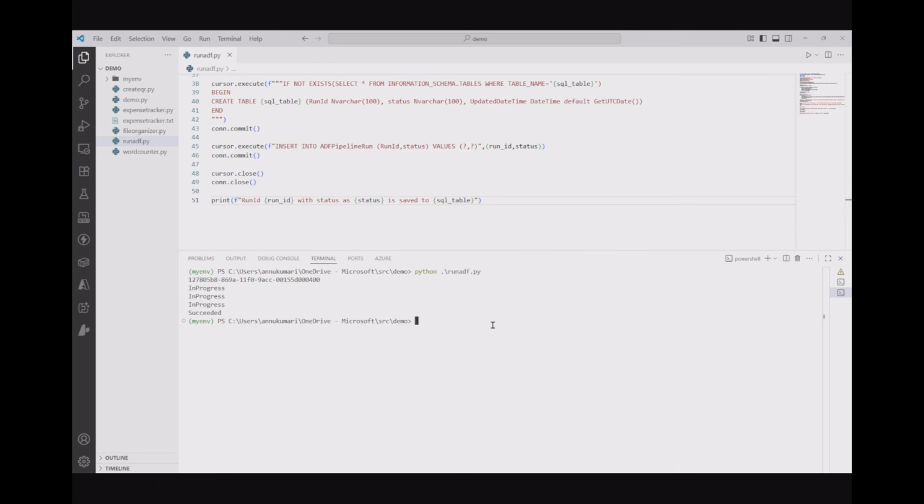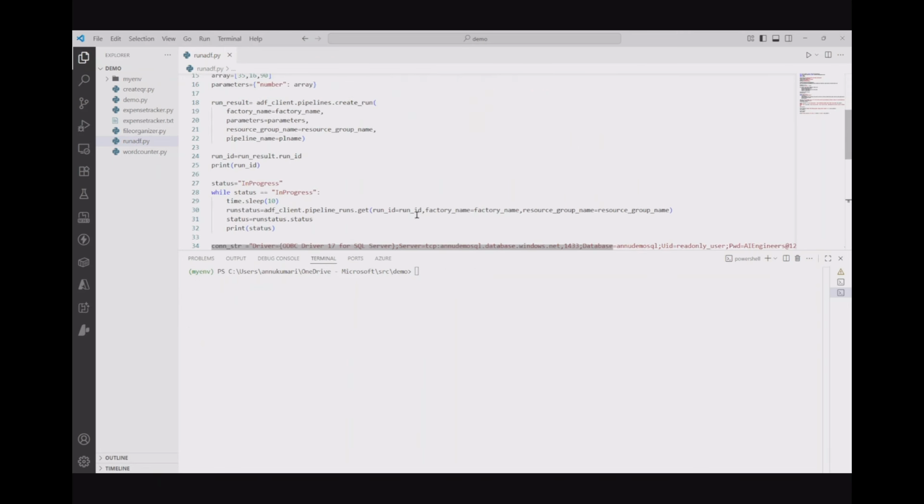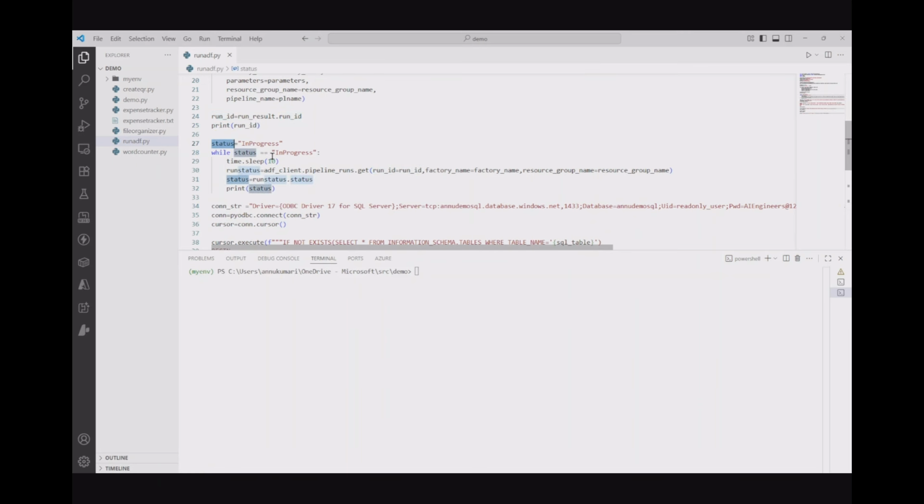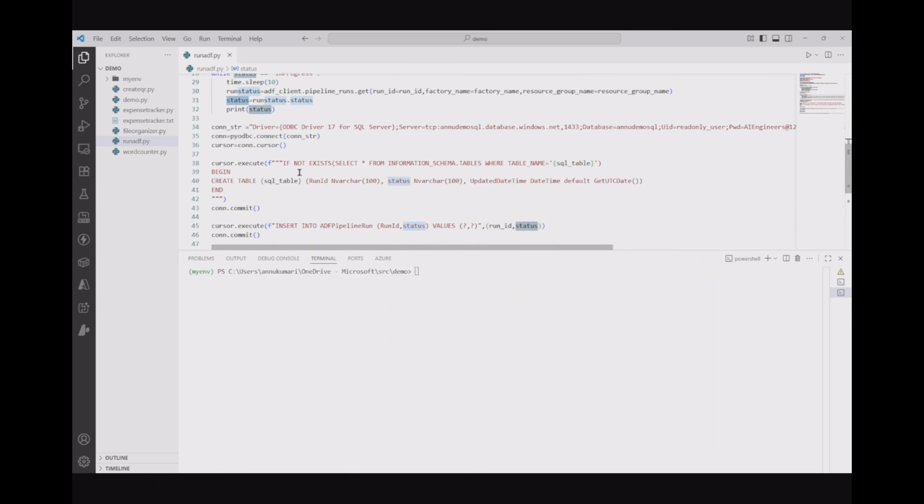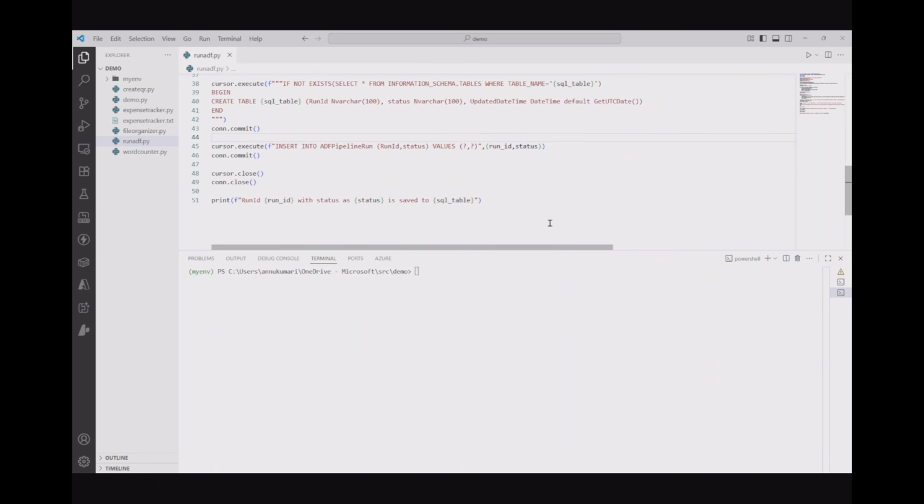So now let's try to run the whole code, and let's see if it is able to capture the run ID properly, and if it is able to capture the status and insert the same into the SQL table named ADF pipeline run. Okay, so let's try to execute this Python code now,